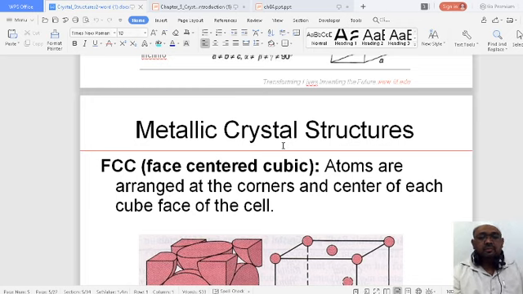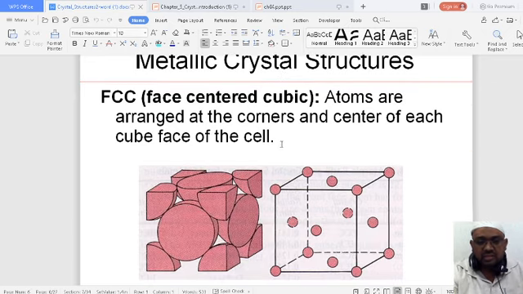In the previous class we had this particular geometrical explanation, but since we need to understand it for the next topic, we are repeating the same previous lattice of the cubic crystal system. So that is face centered cubic. You can see how these atoms are arranged at the corners. This is one view, a front view of the unit cell.